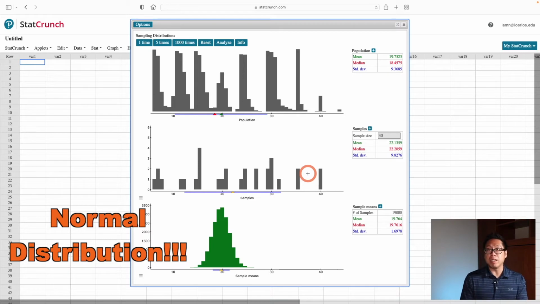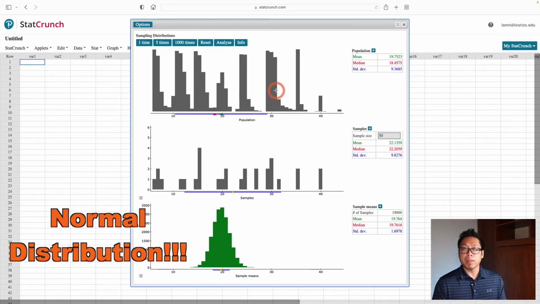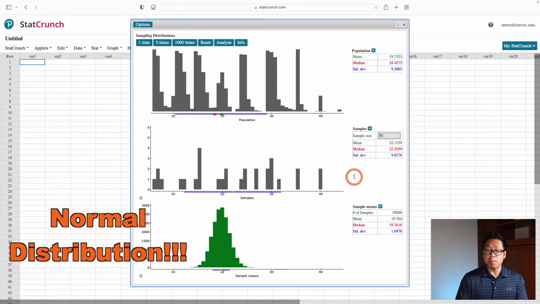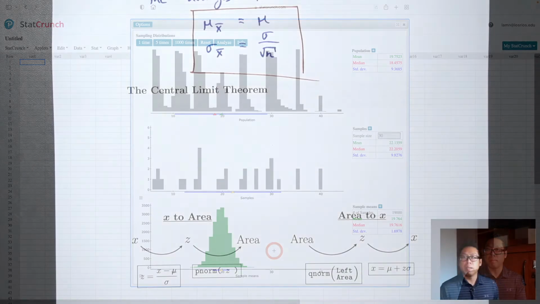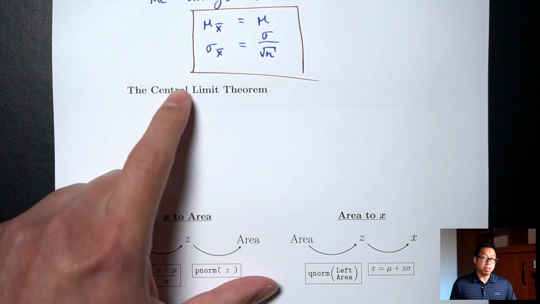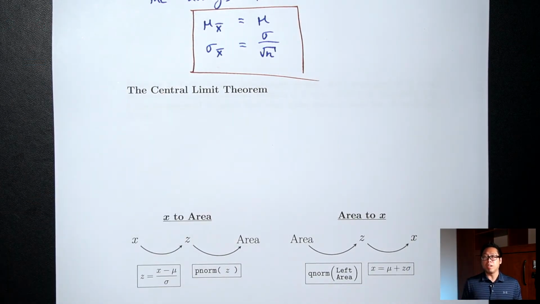And that's the big idea in statistics. No matter what the original population looks like, as long as you pick a sample size big enough, and big enough for us is going to be 30, and look at the averages, they will always look like a normal distribution. What we just saw is called the central limit theorem, and I think this is the most important theorem in all statistics. And it says,